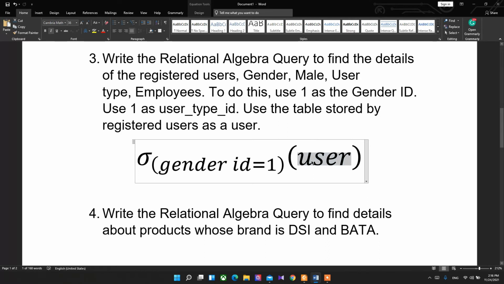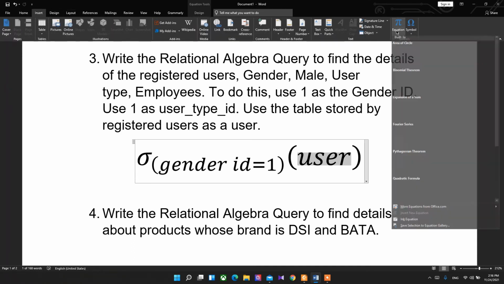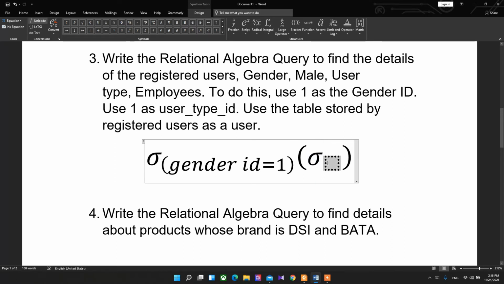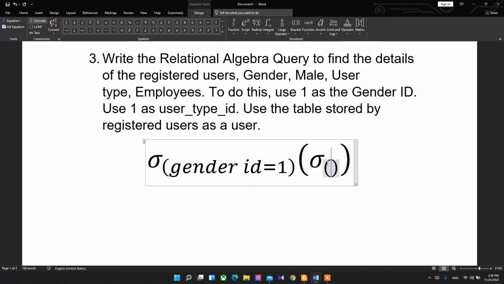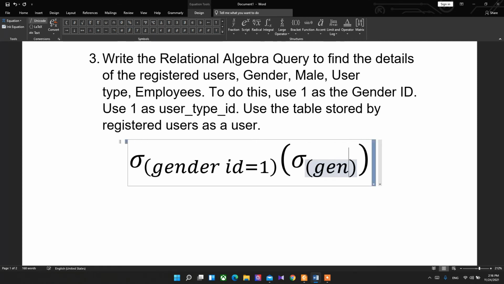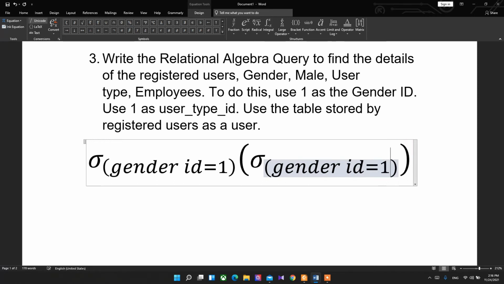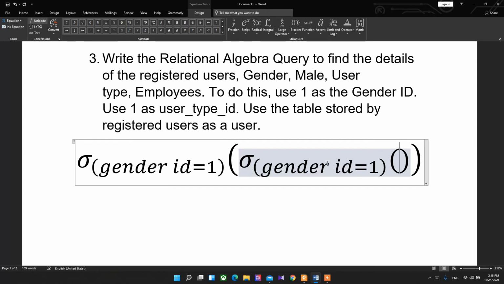So I'm going to again put a condition in here by specifying the table, and I have to specify the column and the condition. Gender should be 1 because it should be male, and again according to the table it should be user.